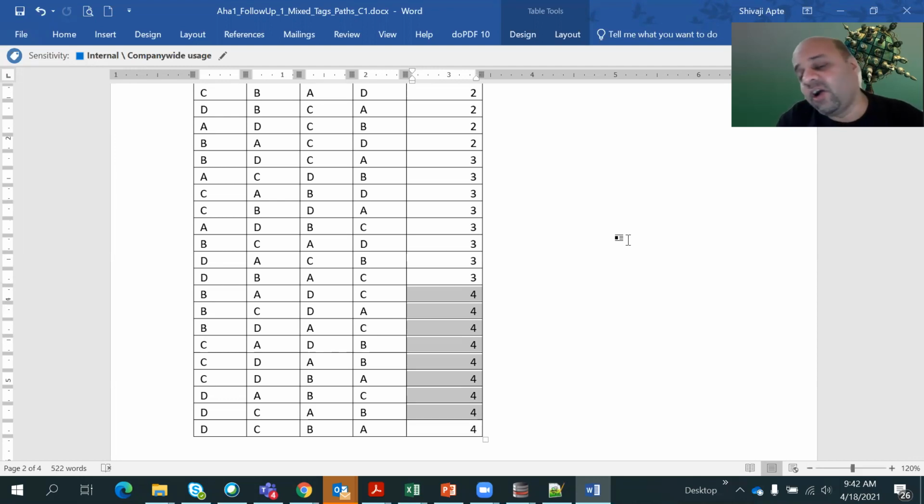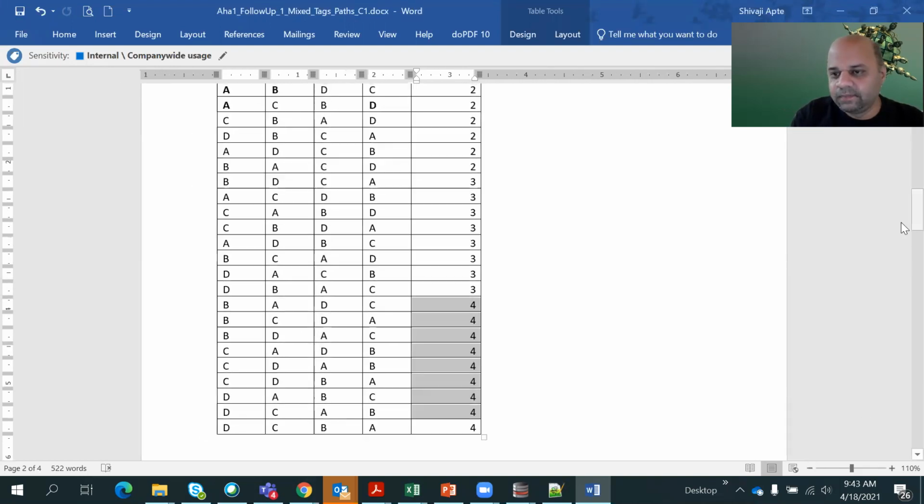Yeah, 24 is the total of all possibilities combined. Vihan, you are right. 24 is all possibilities, including 0 wrong, 1 wrong, 2 wrong, 3 wrong, 4 wrong. If you put everything, then it is 24. But if you just count how many ways, Sir, there are 9 ways. There are 9 ways? Okay, let me see. Maybe I have got it wrong. I have not counted. Just let me see what it is.